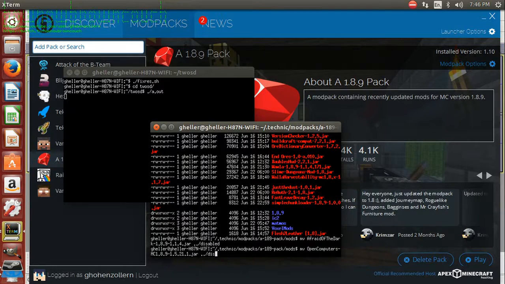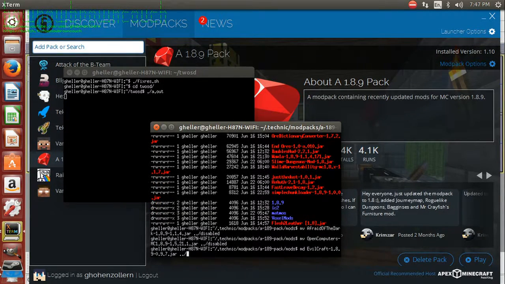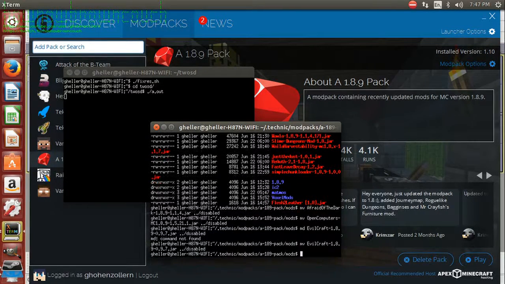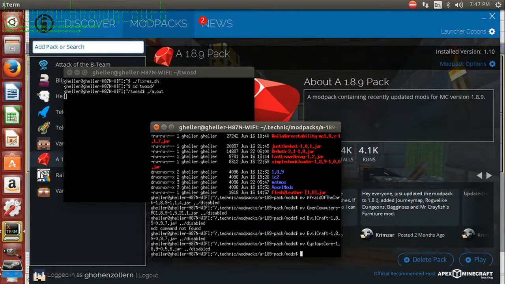Yep. And now we know we need to move EvilCraft, and Cyclops Core. There we go. And Cyclops Core also needs to be moved to the disabled directory. Okay, so then in my downloads directory,